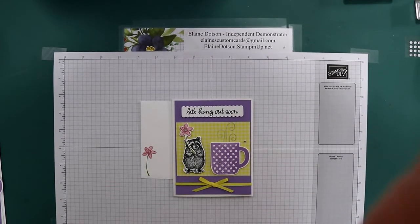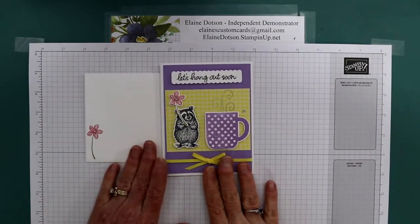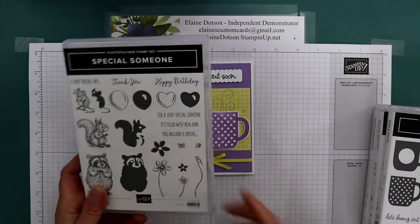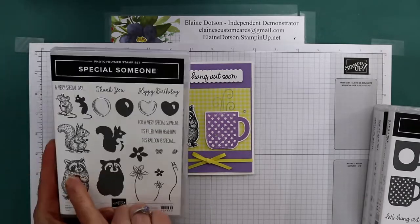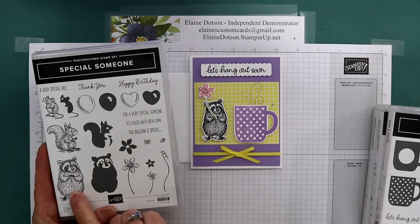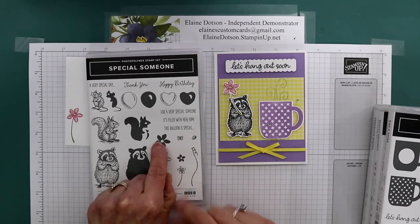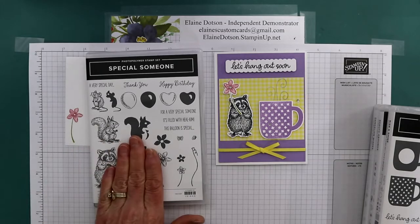It is a combination of several stamp sets and dies, so I'll tell you those first. I am using Special Someone, and these have dies to go with them. So I'm using the raccoon. You stamp the raccoon first, and I'll show you how I did it, and then this is the fill-in. And then I used this flower and the fill-in, this flower and the fill-in, and then this is